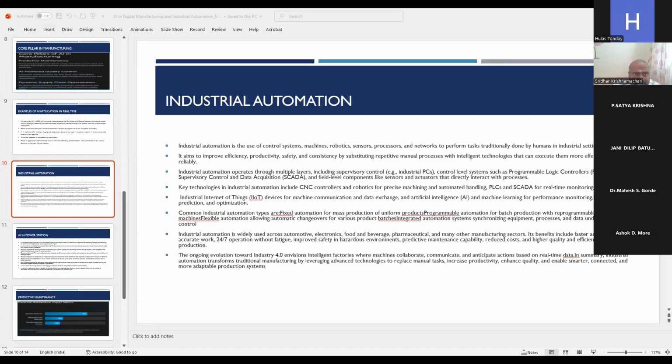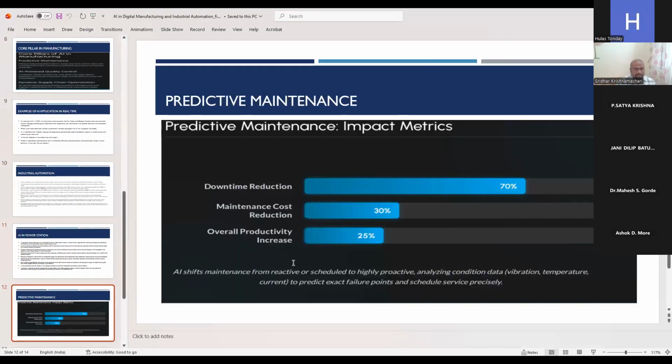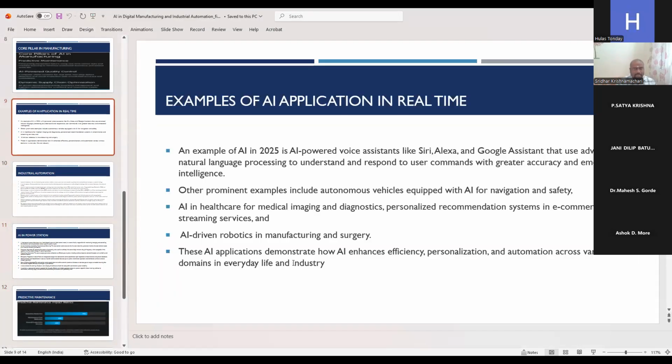My screen is visible, right? Yes, sir. Industrial automation slide is going on, sir. Okay, just a moment. Now predictive maintenance. Yeah, sure.